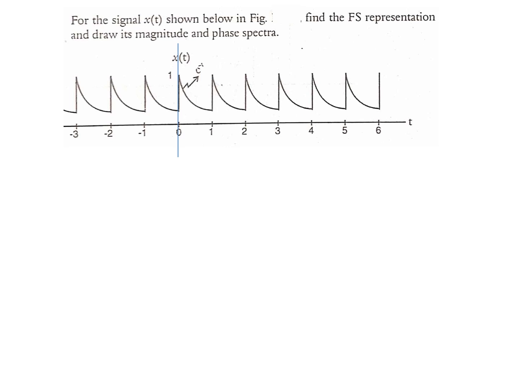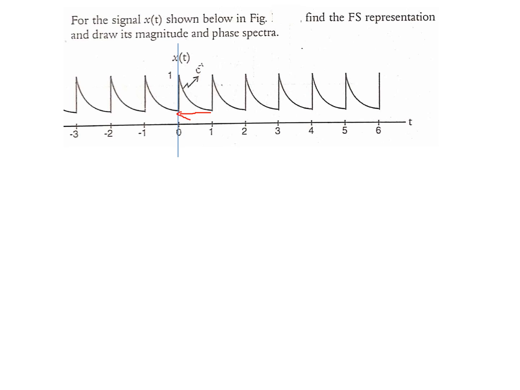What is shown on the screen is a periodic signal. It's a continuous time periodic signal with the time period 1 second. That is, you can see after every 1 unit, it repeats. This is 1 cycle. It starts here and ends here. It's actually an exponentially falling kind of signal.